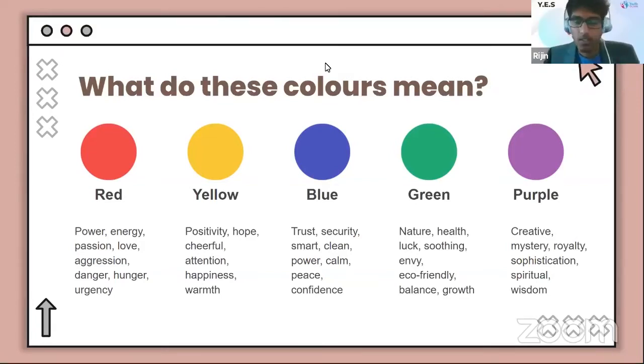One good example would be McDonald's. McDonald's would be a really good example just because it uses yellow and red, as well as Walmart. It uses blue, and each has its own purpose. So if you're thinking of McDonald's, the red shows the energy. When you walk in, you want that burger.